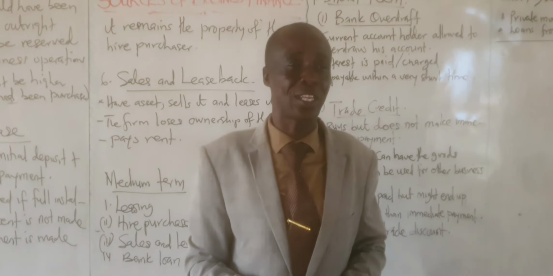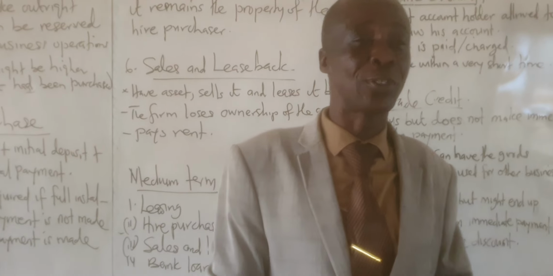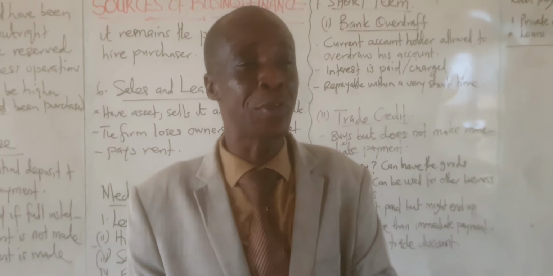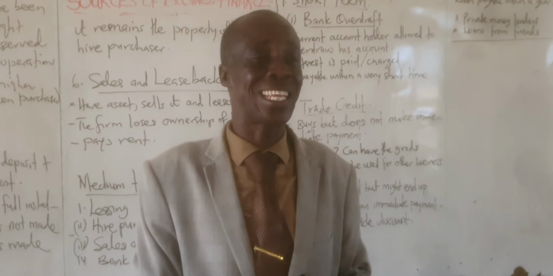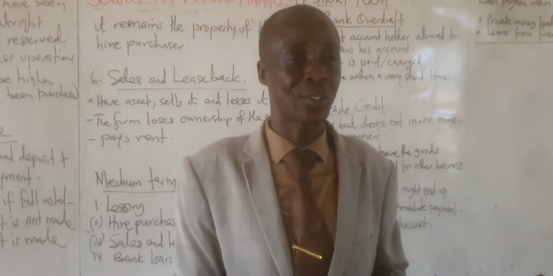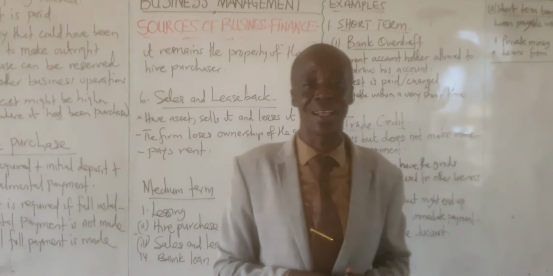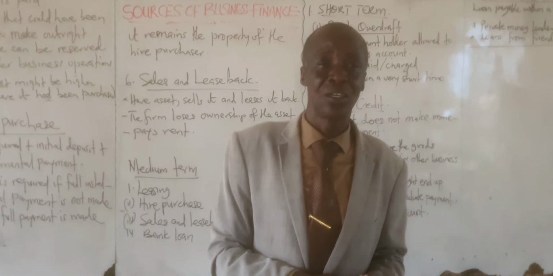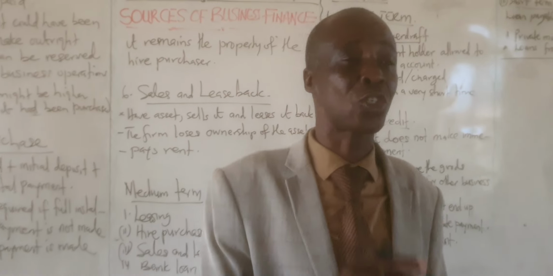So let's start with the short term. We all know that when you say short-term source of finance, then it means that the period for repayment does not exceed 1 year. So that one is clear. So what are the examples? Number one, we have what you call bank overdraft. So we'll be looking at bank overdraft, we'll be looking at trade credit, and we will also look at short-term